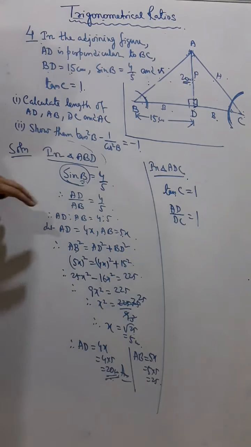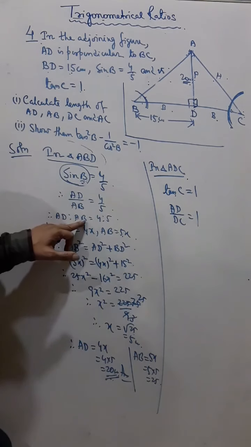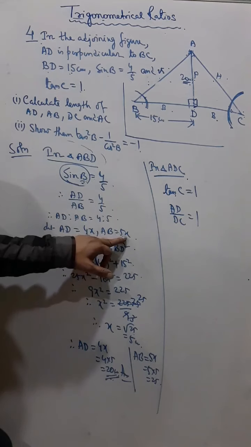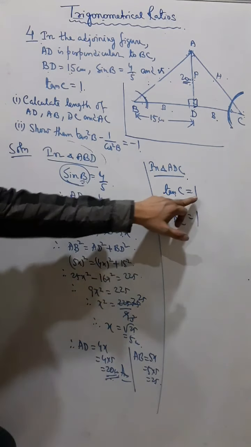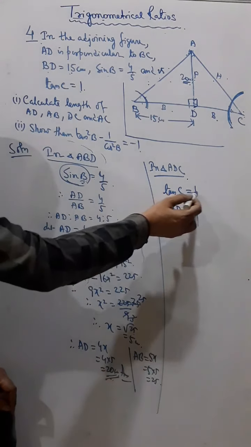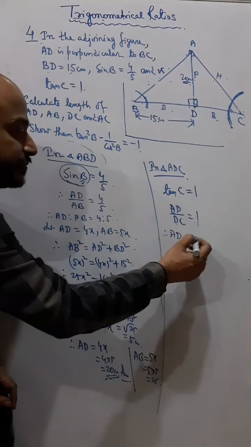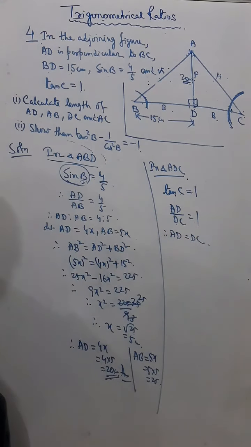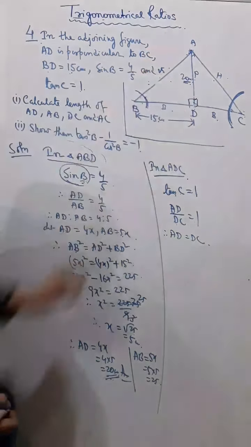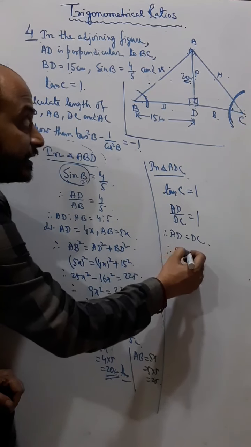Okay. Now here we got AD by AB is 4 by 5, and that means AD is to AB equals 4 is to 5, and we have to take AD as 4x, AB as 5x. Now since here it is given 1, you don't have to do it this way. You can directly see that since tan C equals 1 means AD by DC equals 1, simply you can say that AD equals DC, right? AD is equal to DC, and AD, the length of AD, we already got as 20, and therefore we can say that DC is equal to